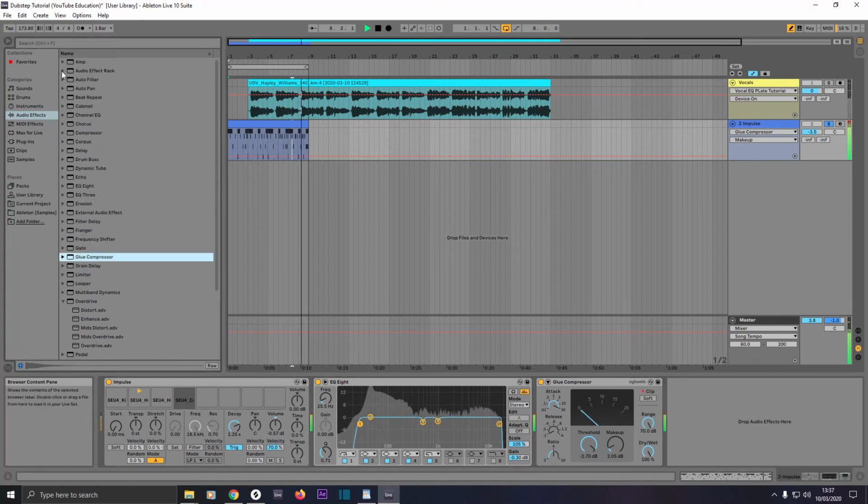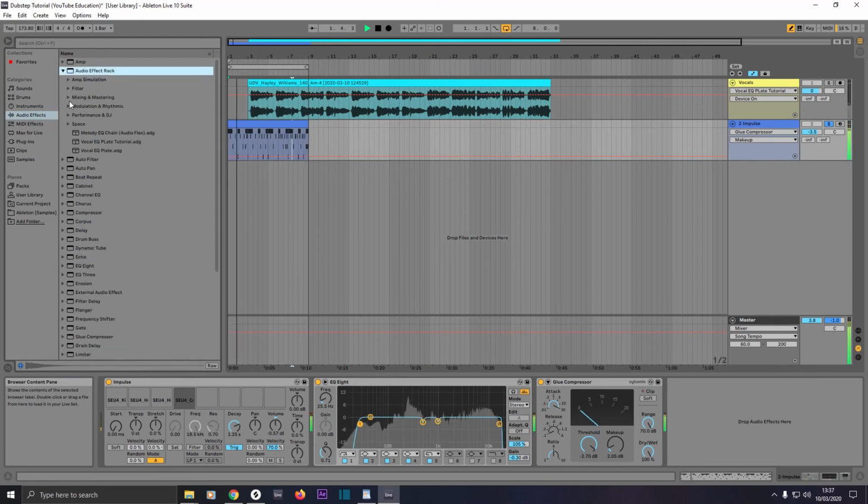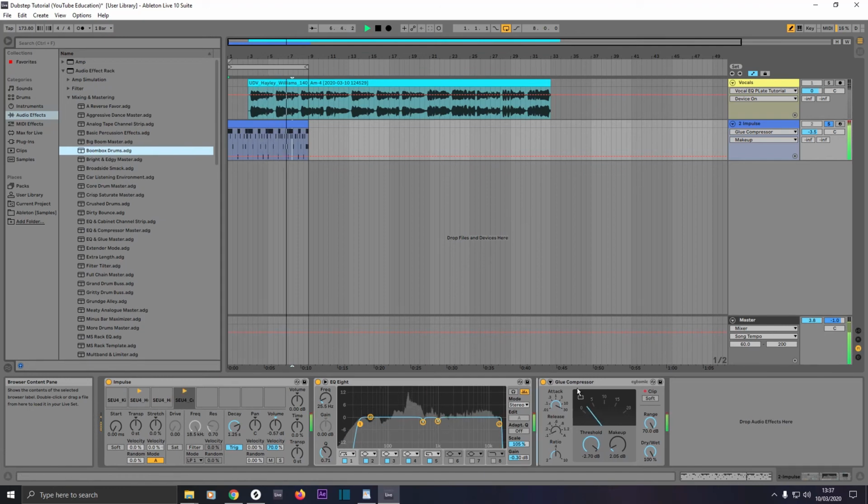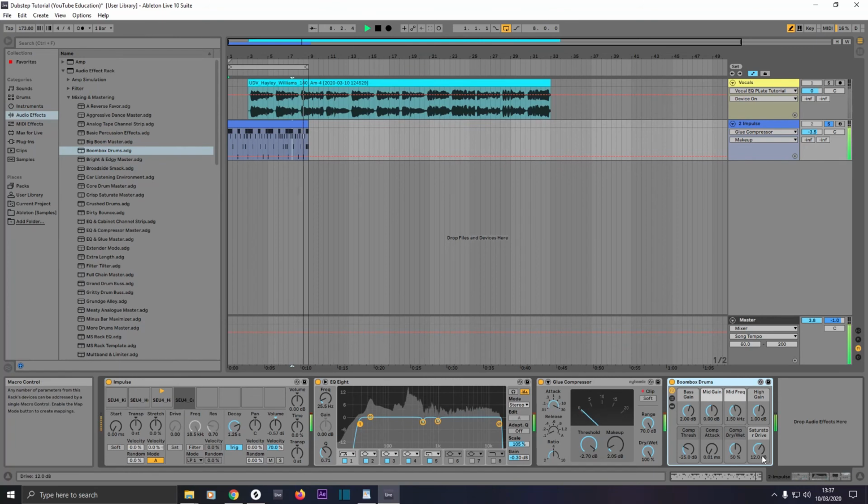Go to audio effect rack under audio effects. Then click on mixing and mastering. Then drop in an instance of boombox drums. Not this one, big boom master, but boombox drums. Put that at the end. As you can see, that's now way too loud. We'll drop down